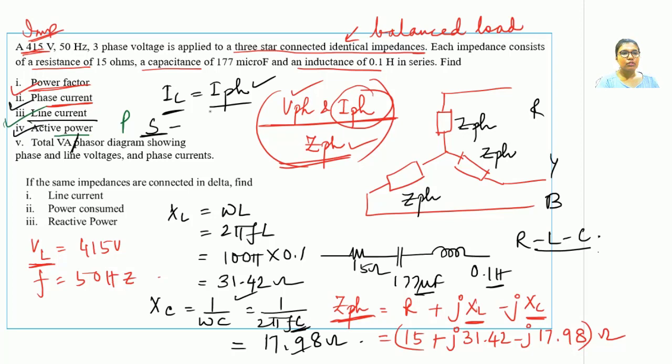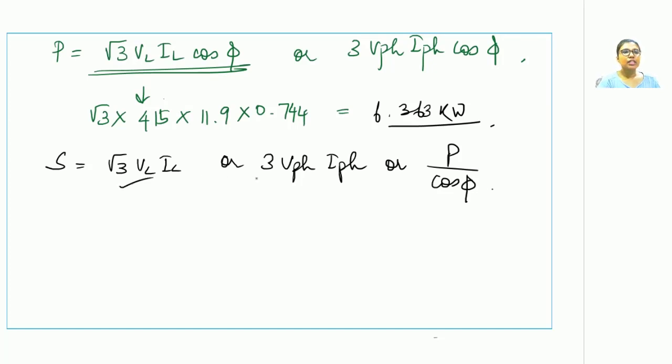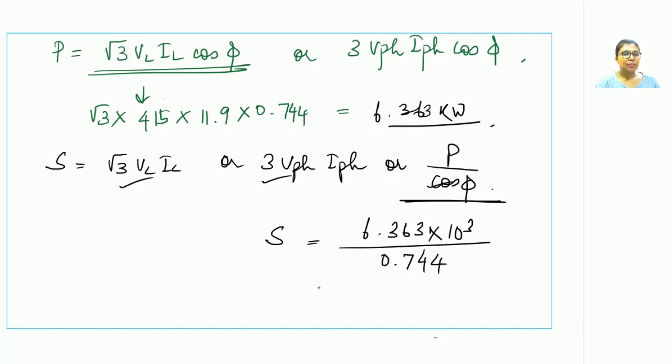Volt ampere is the unit of apparent power. So one must figure out the value of apparent power. So how to obtain the value of apparent power? There are three sets of expressions for it. So these are the three expressions that one can use to find out the apparent power. However, I will be using this expression to figure out the value of apparent power. The value of P is known to us and the cos phi value is, so the apparent power comes out to be 8.5524 volt amperes. So with this we have solved this bit as well.